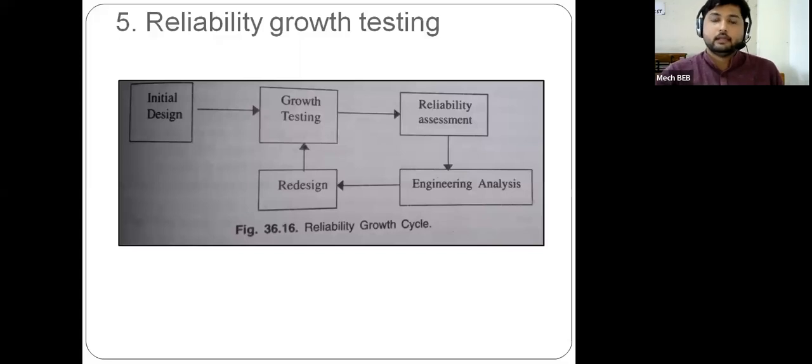Is everyone getting it? Is there any question, any doubt on these points, reliability and life testing? Whether you understood all the things, what is meant by reliability and life testing? Is there any doubt, any question? Okay, these two concepts are more important.